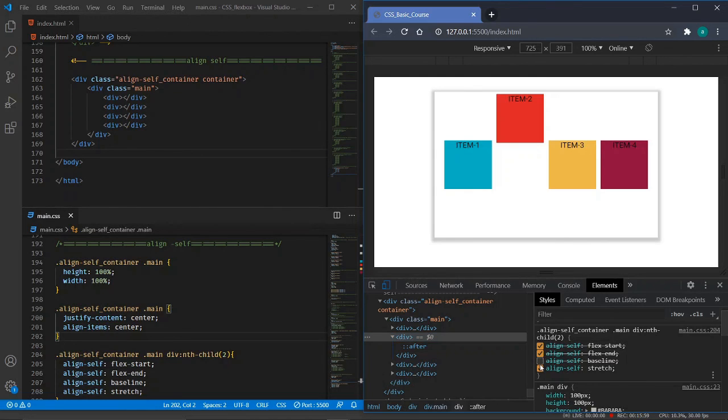For example, if I'm having the flex end, it is aligning at the end of the container. Flex start is the default, that is at the top, center will be the center, baseline will be the default line flow. This is the way the align self works. Hope you like the video. Thank you.